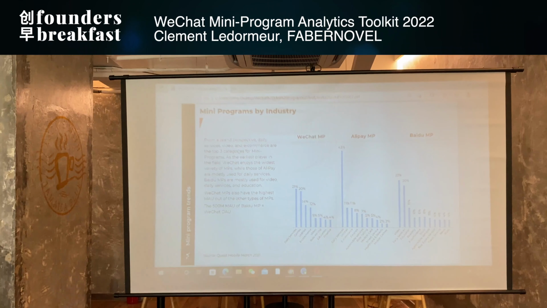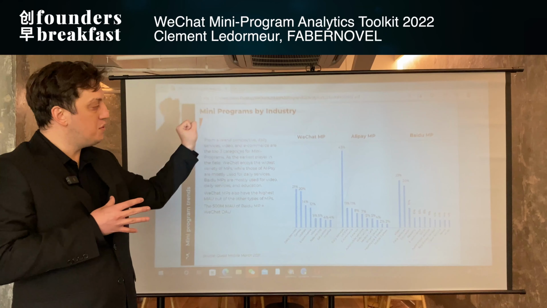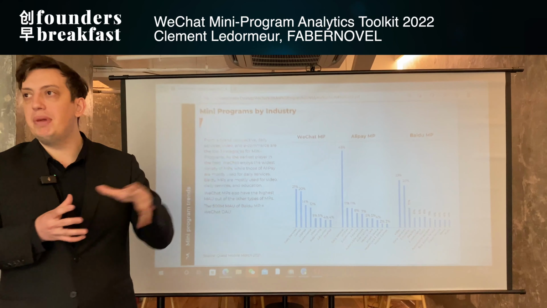What is interesting is what they do and how you use it. For example, you use a QR code for COVID, right, to show your green QR code. This is a mini program. Alipay, WeChat, both are mini programs. Today, there is a bit of focus between WeChat, Alipay, and Baidu.